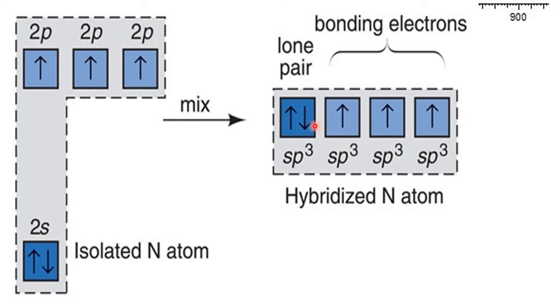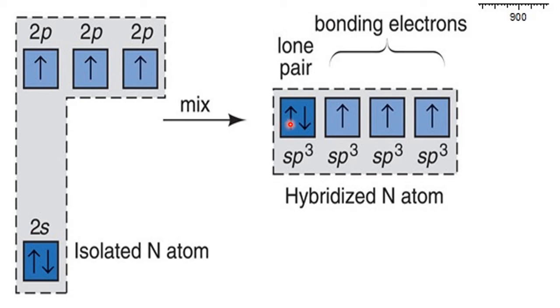Out of 4, 3 are unpaired. They will go for the bonding with hydrogen, but this one will remain as a lone pair. That means when nitrogen has undergone hybridization and forms ammonia, we will find one lone pair. Why one lone pair on the nitrogen? Because this is called an unhybridized orbital. It will support and be a part of the hybridization, but it will remain inactive. It says, I will participate, but my role in the bonding is nil. So only three bonds are formed with hydrogen in NH3.